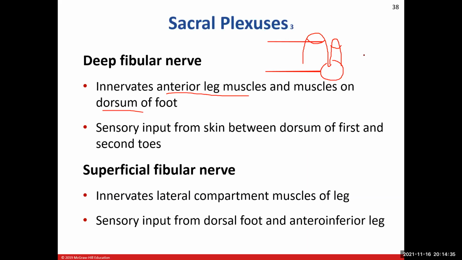The superficial fibular nerve is going to innervate the muscles in the lateral compartment of your leg. You should remember those. Remember the fibularis longus and the fibularis brevis, also known as the peroneus longus and peroneus brevis. Those are the muscles on the lateral compartment of your leg. They mainly perform eversion of your foot there. But they're going to contribute sensory input from the top of your foot and the front anterior inferior portion of your leg,